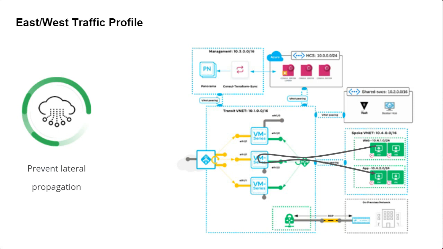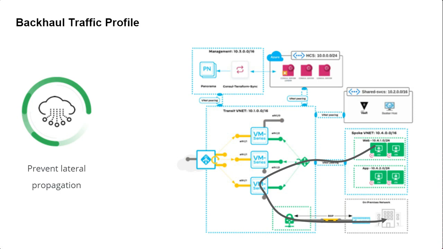So it's really important, before they're able to propagate laterally, to enforce those security policies, which we'll show you guys in the demo today: how we can maintain different dynamic groups, learn different IP addresses belonging to different layers, and how you can write very granular security policies using application ID, which allows you to do deep packet inspection and things like that.